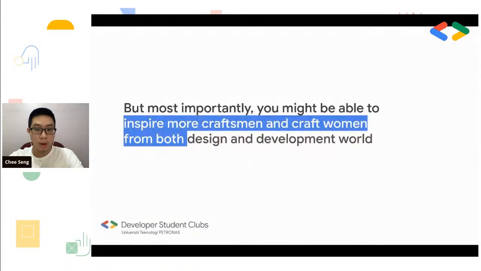And most importantly, because right now you know what both roles do, and at the same time you also do it yourself, you can actually inspire more craftsmen and craftswomen from both design and development. Why do I say something like that? Because I came from a development background, I know a lot of software engineers and developers in the first place, and I transitioned to design.